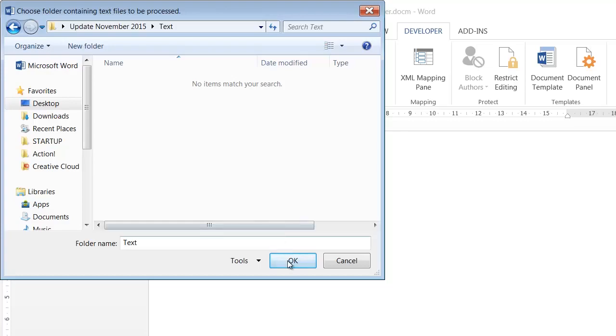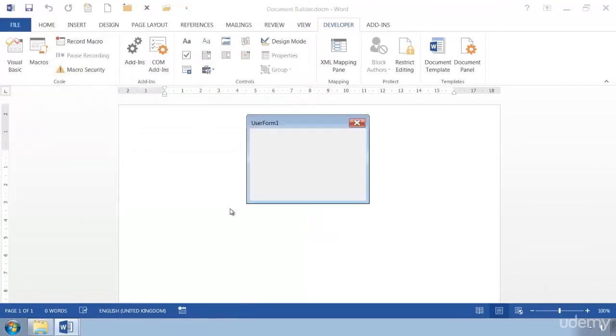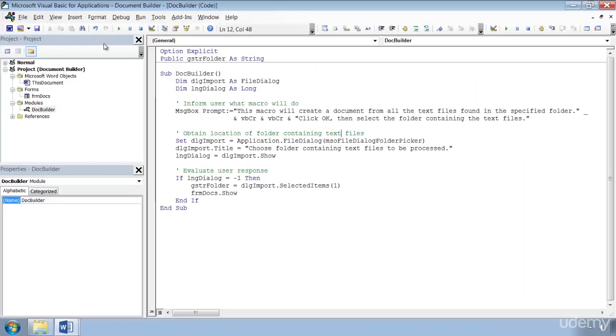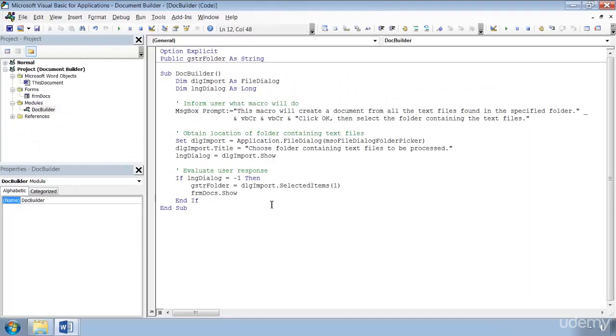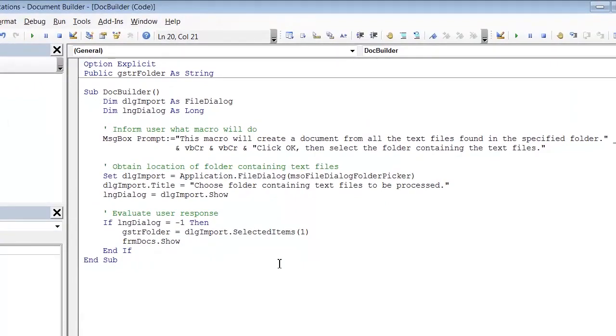One is OK. So if I click OK, it doesn't really matter which folder I've gone to because we're not testing for that as yet. Here's our blank user form, and then I'll just run it one more time, and this time test the cancel button, and nothing happens, which is fine. So what we can now say is else. We'll display a message, MSG box,